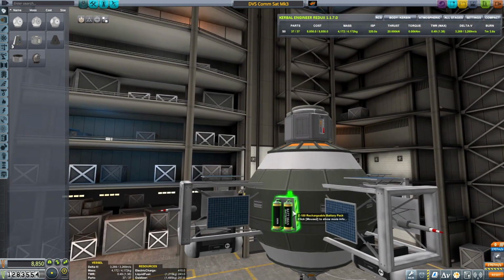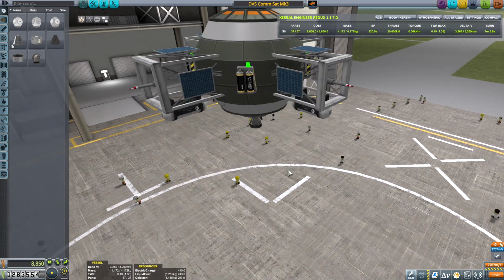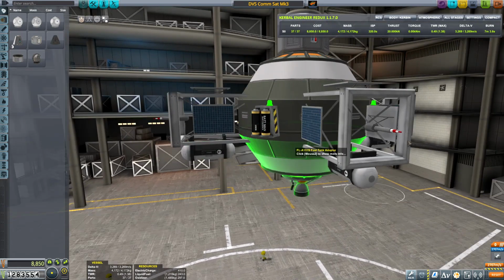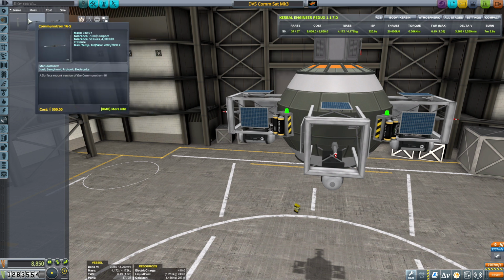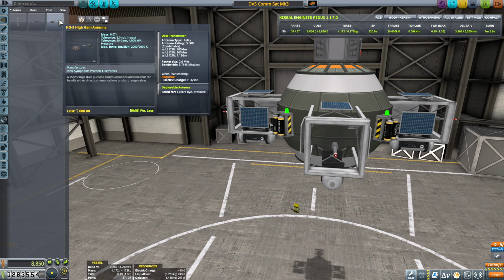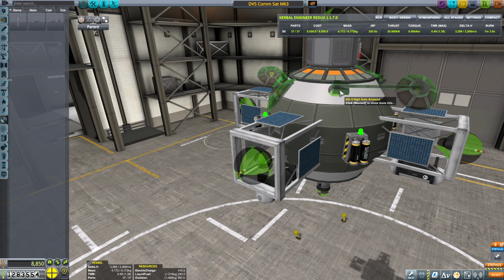And the requirement is to have mystery goo and a thermometer on board, so we do. I do have solar panels on girders just to make it look a little different. I'm a little torn about the Communitron 16s because they're not very good, and this satellite is going to be actually quite a ways away from Kerbal, so I'm thinking we might ought to put on high gain antennas somewhere on this thing,